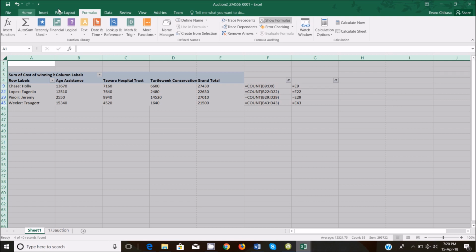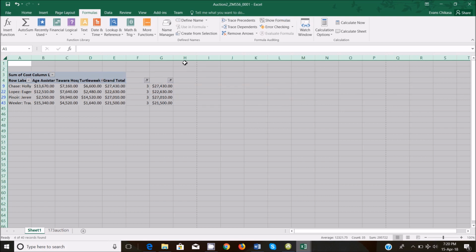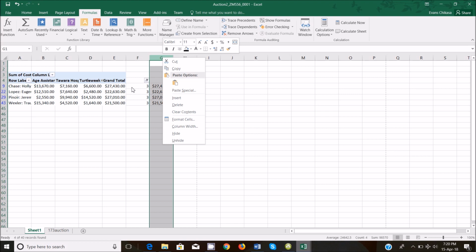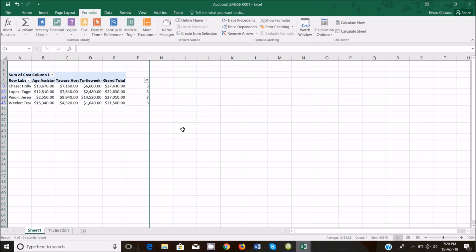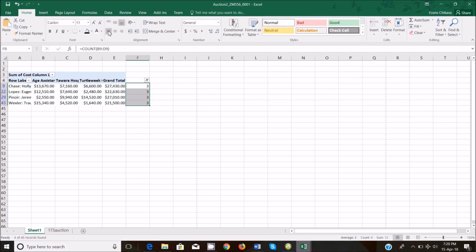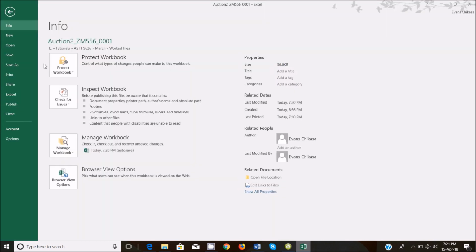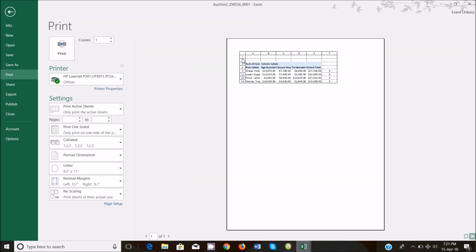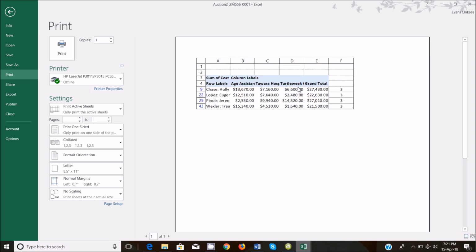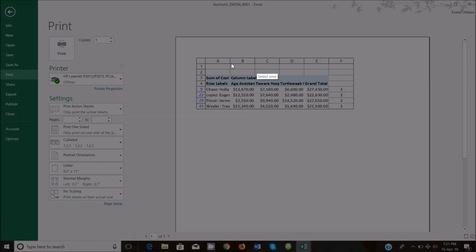Here, show the values. I'm going to hide this column because it's not important. It's just a duplicate of this. That's why I didn't even want to show it. So show the values here. Center this so that it looks a little bit beautiful. And then I'm going to print this, get a print shot of this, and this is going to be my evidence. Okay, this is my evidence. So I'll just zoom in a little bit and get a screenshot of this, and I'll paste it as my